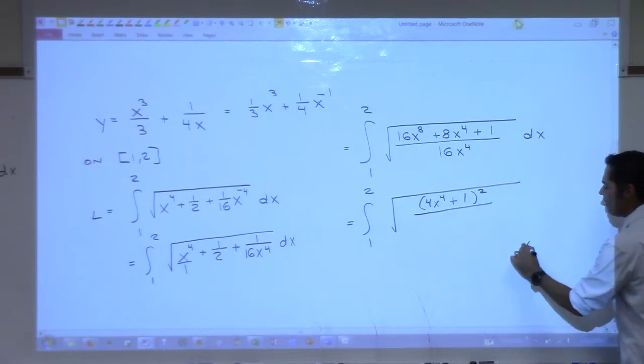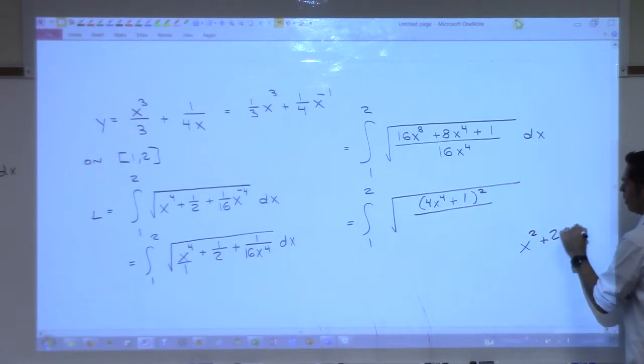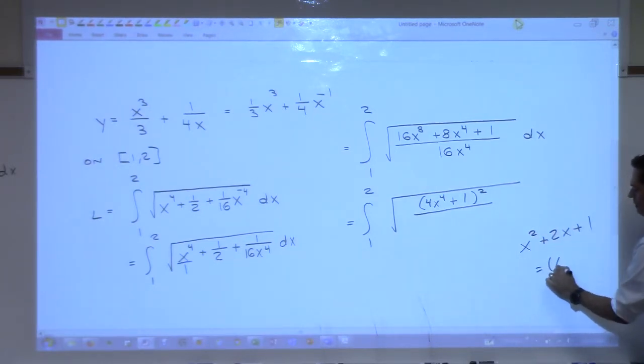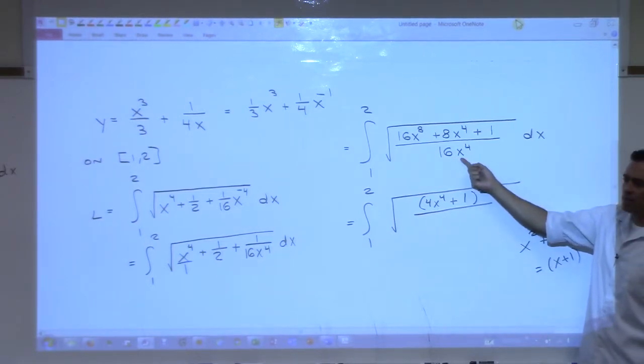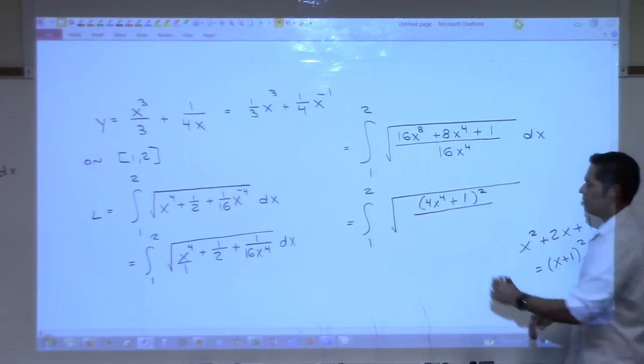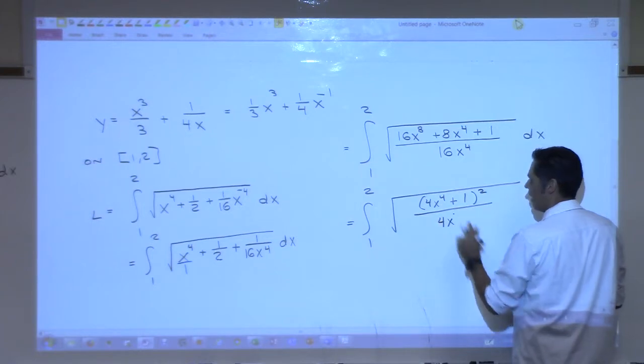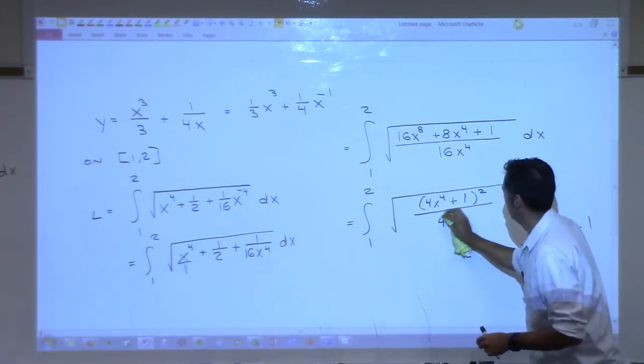It's kind of like this. If I put this on the board, I would hope that everyone understands that factors to be x plus 1 squared. Right? It's that principle cranked up a little bit to this. And then the bottom, right? The bottom 16x to the 4th, that's the same as 4x squared. Well, I don't even need that. I can just leave it as